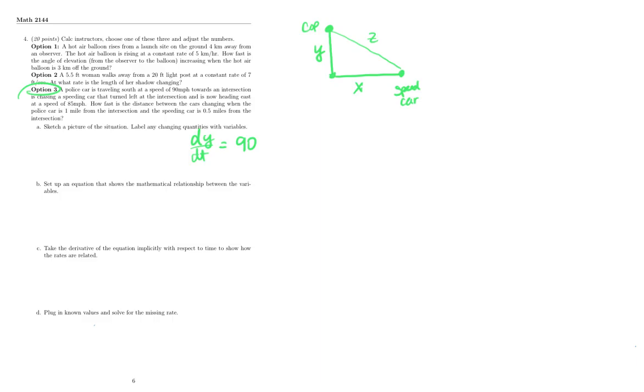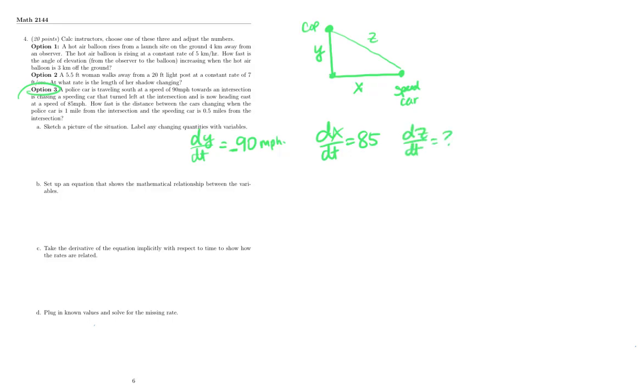But if you look at this, the police officer is going closer to the intersection, so y is actually decreasing. So this should be a negative rate of change, negative 90 miles per hour. And dx/dt, well, that distance between the intersection and the car is increasing, so it should be a positive rate of change. So they're going 85 miles per hour. And then we're looking for how fast the distance between the cars is changing. So I want to find dz/dt